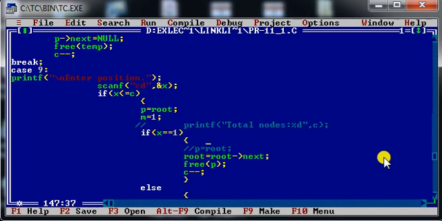As I have already set my p pointer to the first node, I am not writing it once again. Simply, I will set my root pointer to the next node. I will assign the address of the second node to my root pointer, and that is what I have done: root is equal to root of next. Later on I reclaim the memory occupied by the first node by writing free p, and similarly I am decrementing the counter variable by 1.